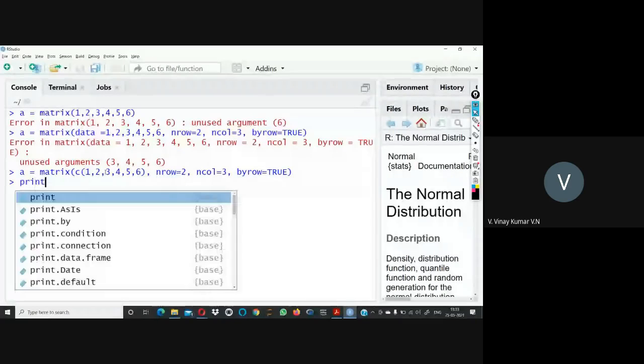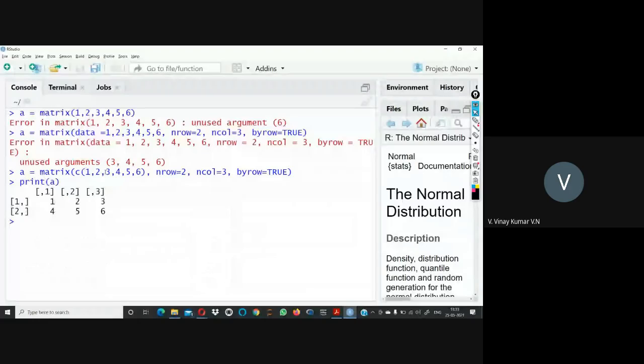So this is how it got saved. I'm taking 6 elements in the matrix, that is 1, 2, 3, 4, 5, 6, and I'm expecting 2 rows, row 1 and row 2, and 3 columns, that is C1, C2, C3. By row means these elements will get stored row wise.